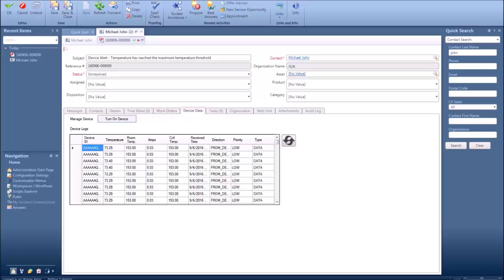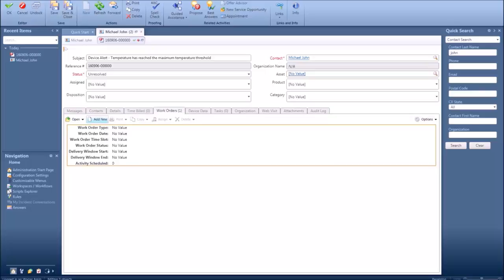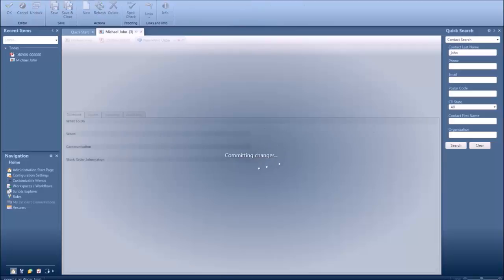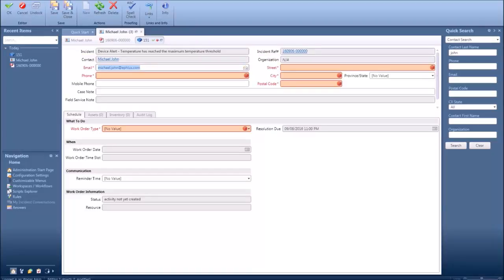Now this is the log that has been fetched from the Oracle IoT Cloud Service itself. This is the same log. But the very important element in the Oracle Right Now Service Cloud is the very important work orders tab. So let's come to that. The work orders tab is nothing but the Oracle Field Service Cloud integration with the Oracle Right Now Service Cloud. And all the fields that are going to be displayed right now are going to be the fields that are already there in the Oracle Field Service Cloud. This is used to create work orders, which in turn become activities there.